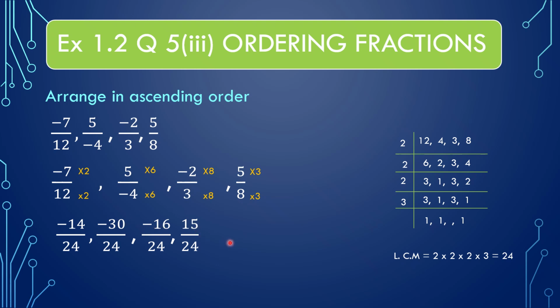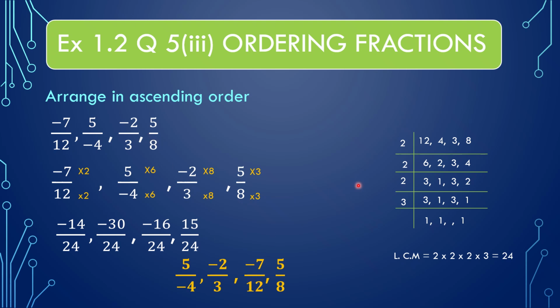15 is the greatest. So when we arrange it, it means minus 30 by 24 or 5 by minus 4 is the smallest. We are arranging them in ascending order, so we will start from smallest to greatest. Then we have minus 16 over 24, it means minus 2 by 3. Then we have minus 14 by 24, it means minus 7 by 12, and 5 by 8 is the greatest